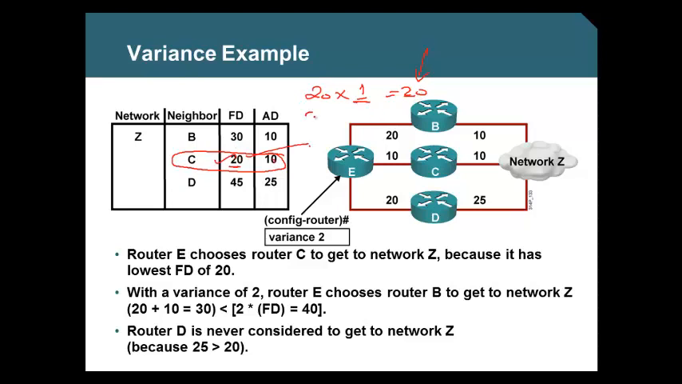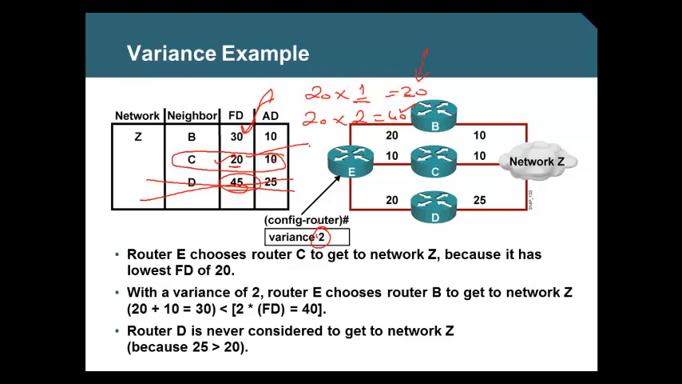But if I change this variance to 2, I get 40. What does this mean? Any route whose metric is less than or equal to 40 should be considered for load balancing. So now this can also be included. This cannot be included, for 2 reasons. 1, this route won't be seen in the topology table. That's why it cannot be used. Second reason,